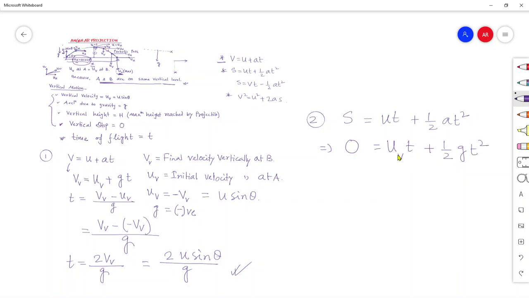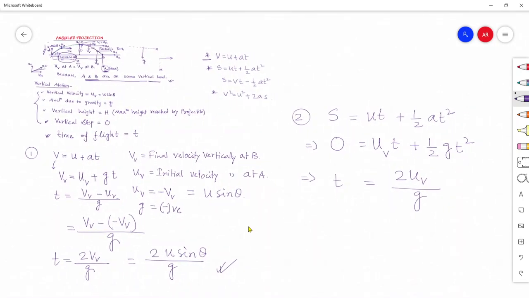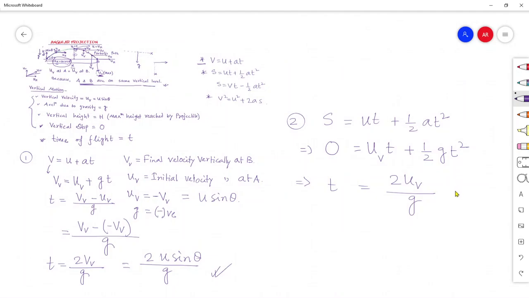So T here is again the time of flight, as long as the projectile was in the air. And you see that if we subject T, this is twice uv divided by g. Twice uv divided by g. Because as time of flight is considered, obviously g is negative here. Time of flight is considered and the time started from the point A, and at point